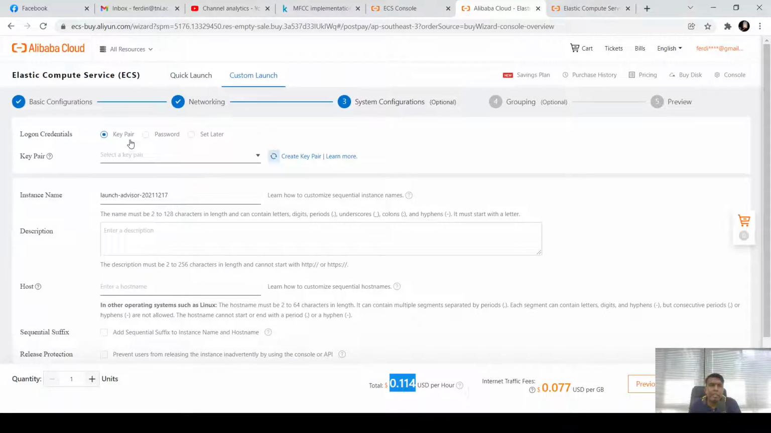So here we just see what kind of logon credential is needed. If you go for a key pair, it's just by adding the key, and then you can create a key pair and add it in for using the ECS instance. The instance name is Launch Advisor 2021-12-17. So we can even customize the instance name, like adding some values or anything like that, or I just give